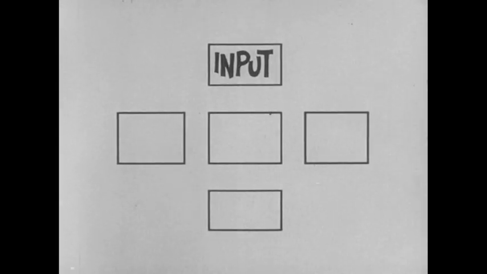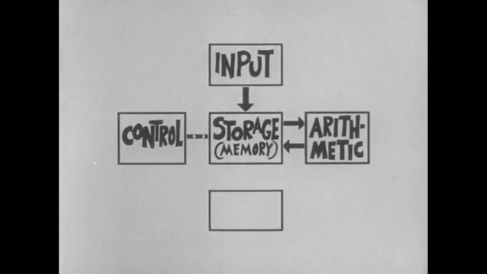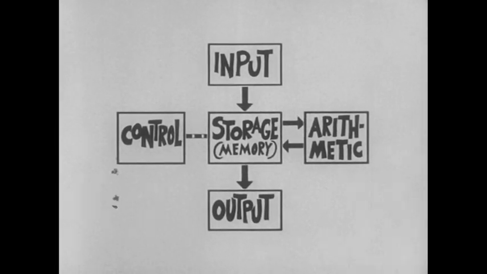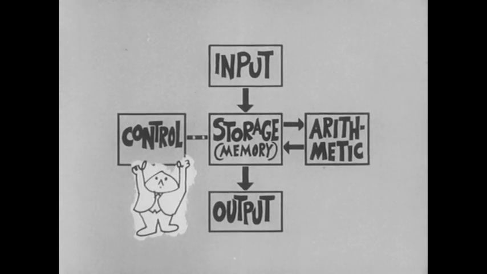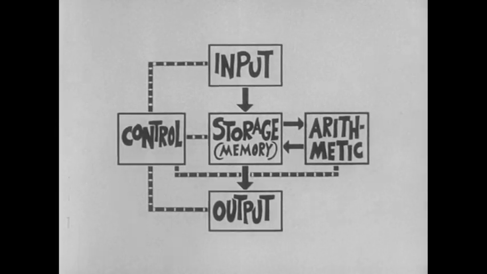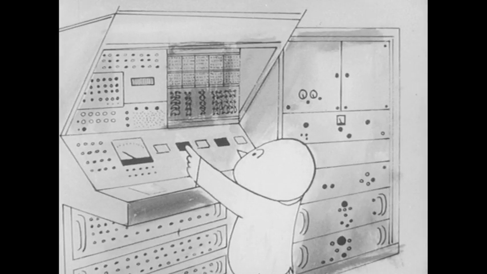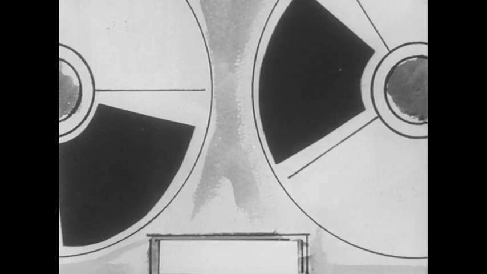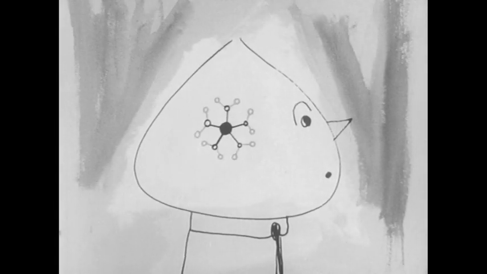In all calculation, there is a 5-step pattern consisting of input, storage or memory, the arithmetic operation, control, and output. Classically, the control element is the human being himself. But in the digital computer, control is achieved electronically in strict conformity with instructions provided the machine by the human programmer. The great power of the computer resides in its ability to carry out whatever arithmetic or logical operations the mind of man is capable of instructing the machine to perform.